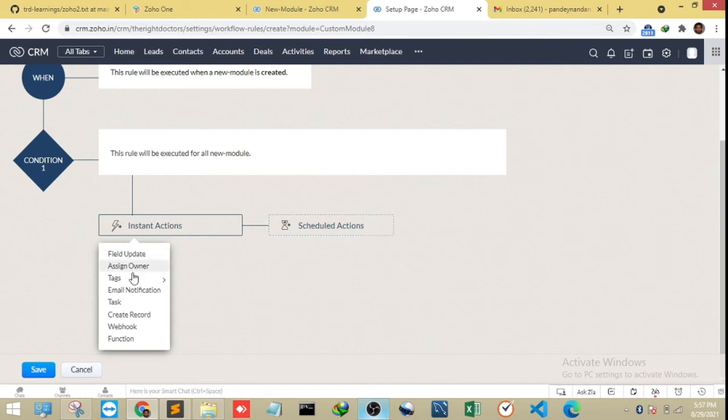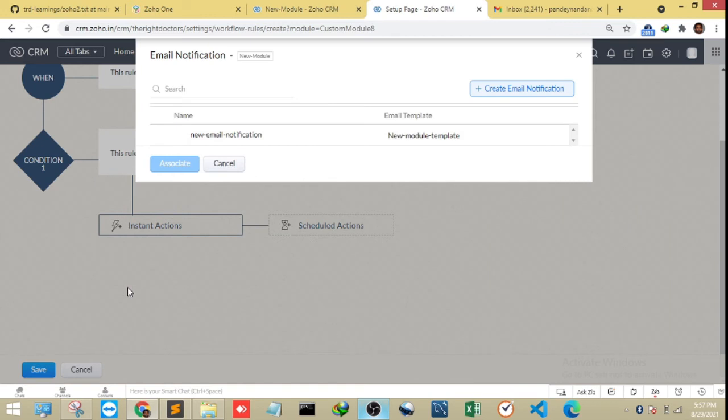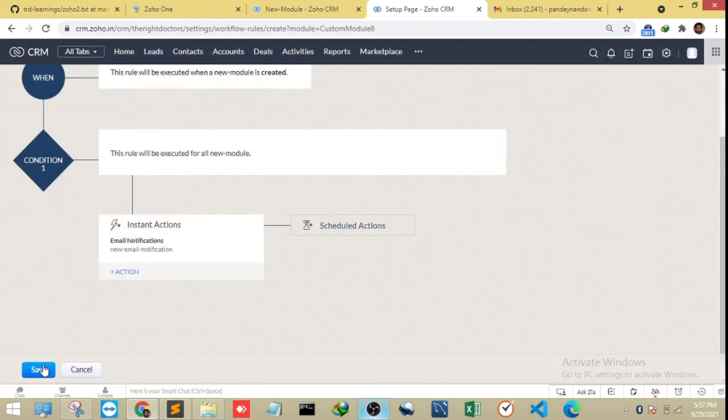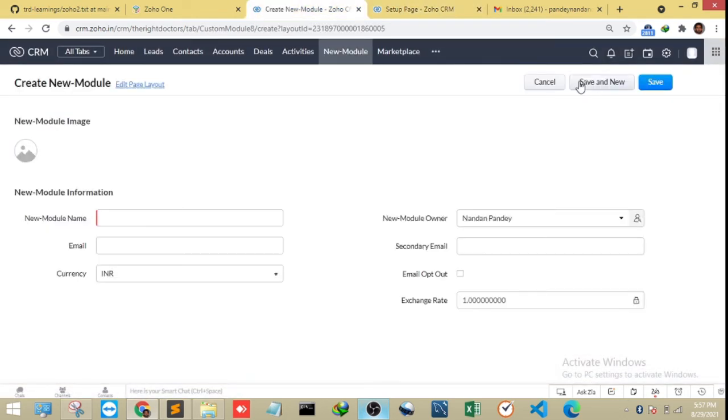I want to do instant actions instead of scheduled. So what I want to do is send an email notification, right? So send email, and this is the email that we have created earlier using this template. It is also created earlier, and associate it. Now save it, open it,